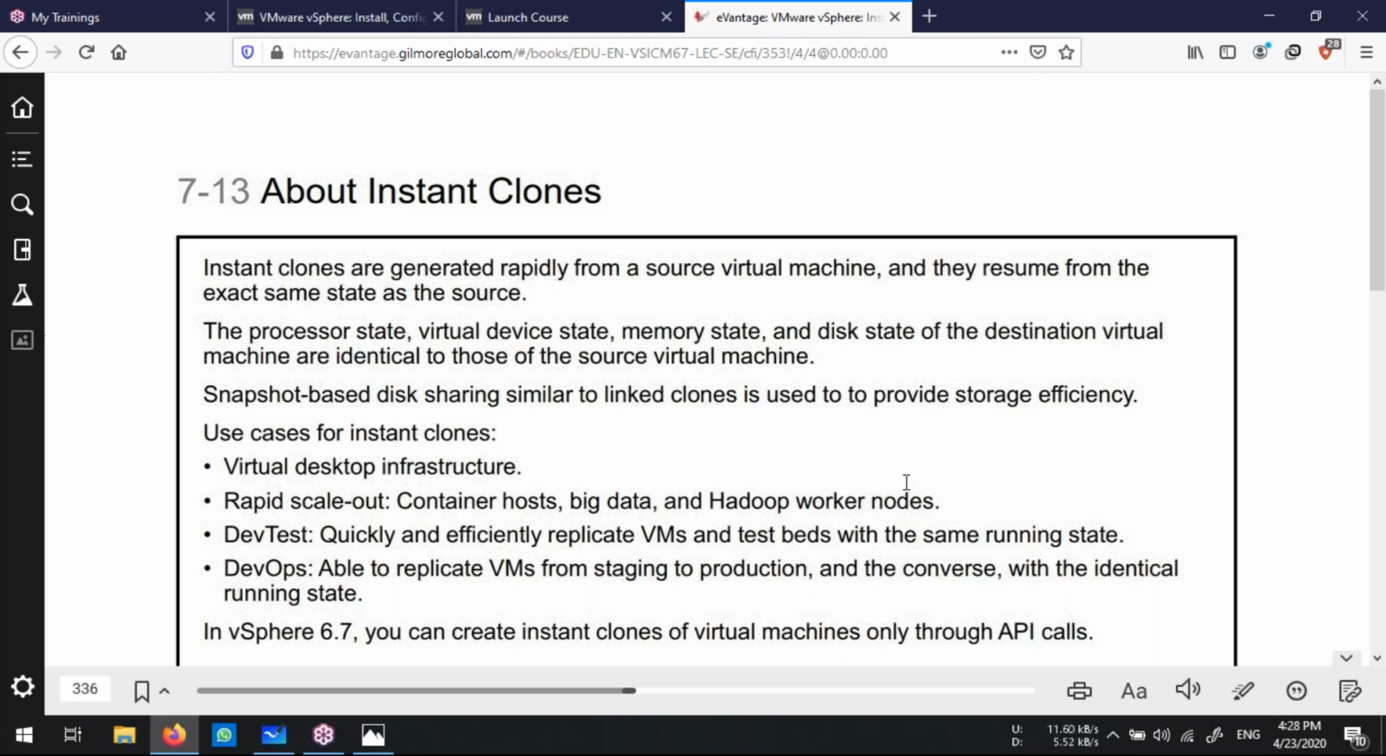Instant clones are generated rapidly from the source virtual machines, and they resume from the exact state of the source. The processor state, virtual device state, memory state, and disk state of the destination virtual machine